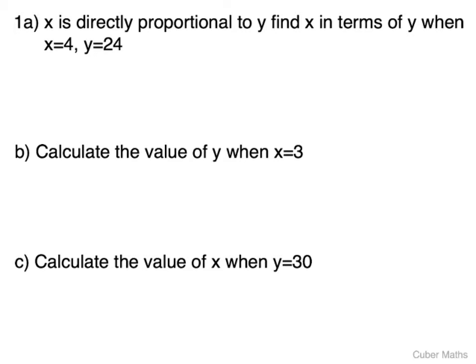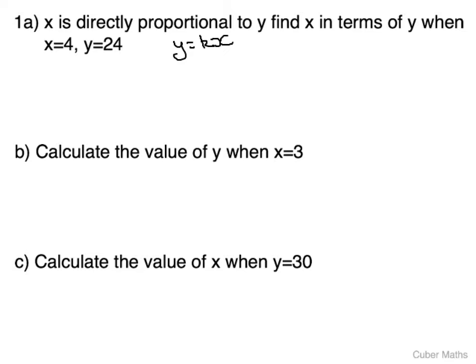So here we have our first question. It says x is directly proportional to y. Find x in terms of y when x equals 4 and y equals 24. So when a question says directly proportional, the formula we need to know is y is equal to kx. And then we use the values given to find a value for k in order to put x in terms